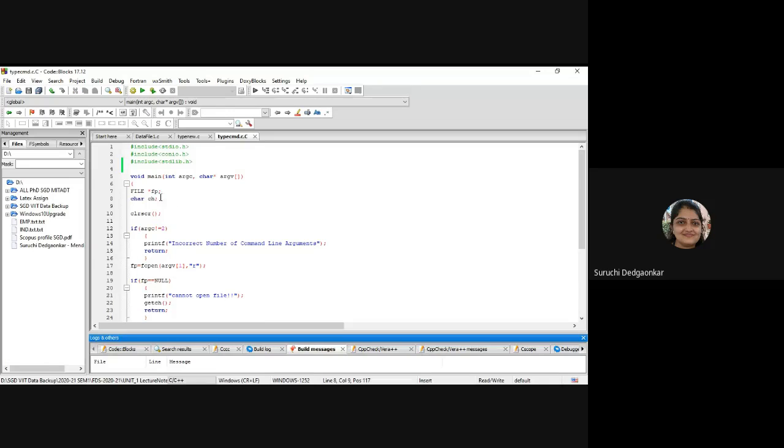Okay, यहाँ पे so logic of our program is same, reading the contents from file. So file pointer declare किया है, character declare किया, then हमने क्या किया, argc चेक किया. Now my argc should be 2 क्योंकि मुझे फाइल रीड करना है, मतलब एग्जीक्यूटेबल फाइल के साथ मुझे कौन से फाइल का नाम देना है जो मुझे रीड करनी है. Isn't it? So my argc should be 2. That will be my proper command for reading from the file.